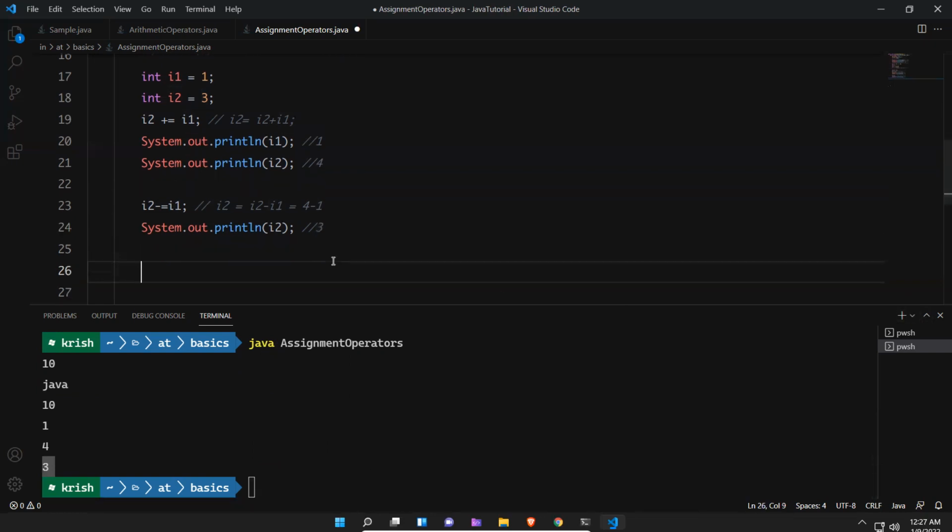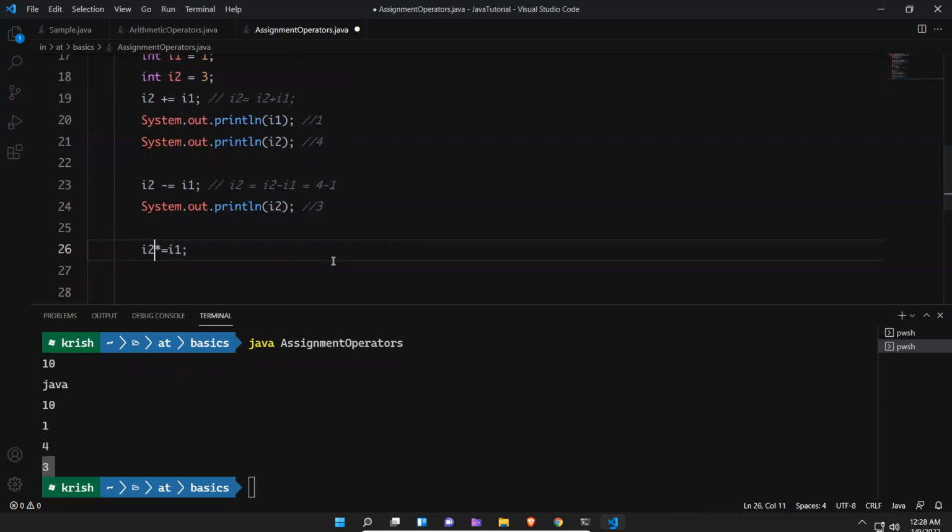Now we'll take the same thing, I2 star equals I1. Let me give some spaces here. So now what could be the output? The latest I2 value is what? 3.